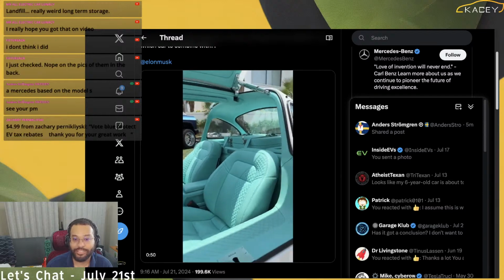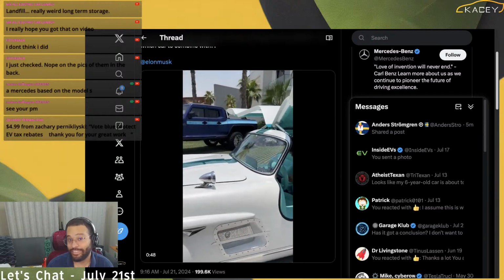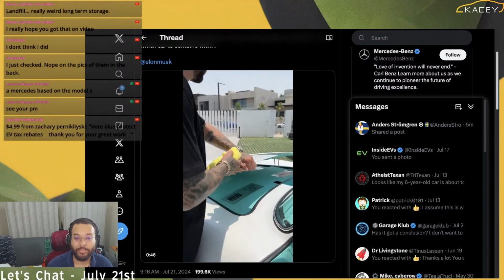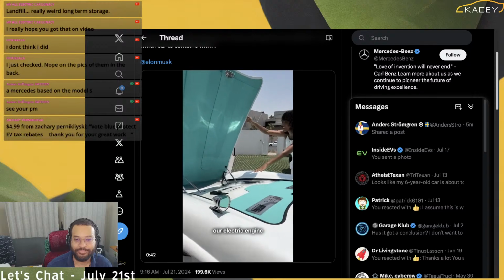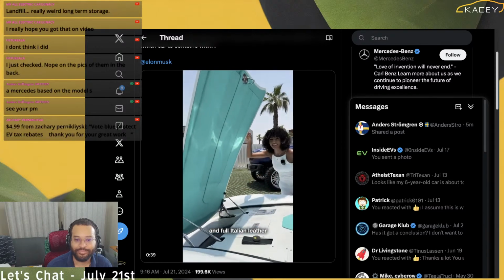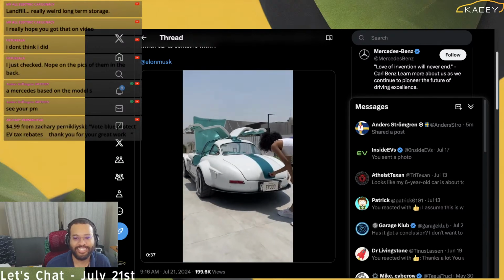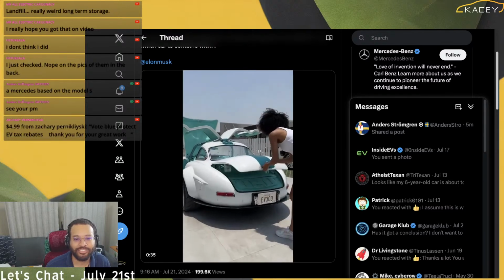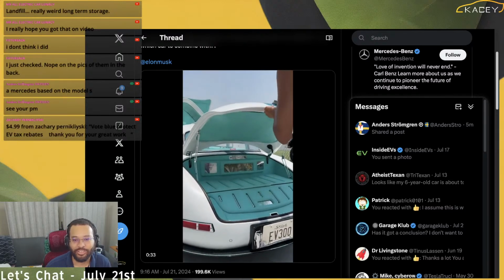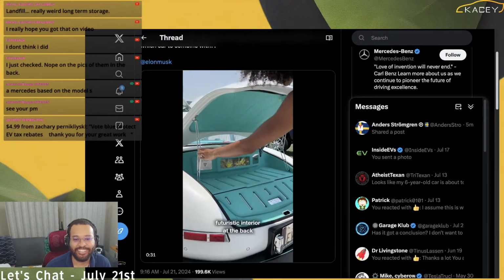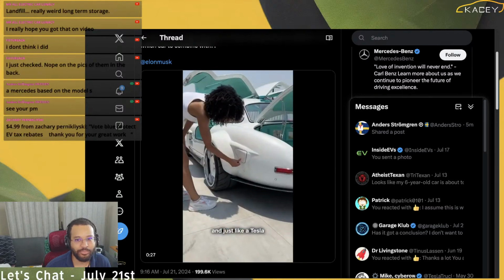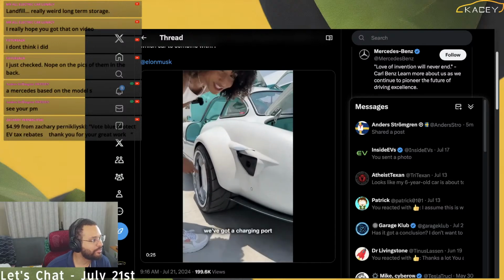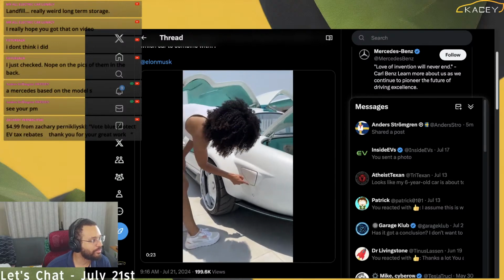It even still has FSD. That's quite a feat. A little bit of frunk left, and then in the back, the full size trunk for the car anyway. There you go. It is beautiful.